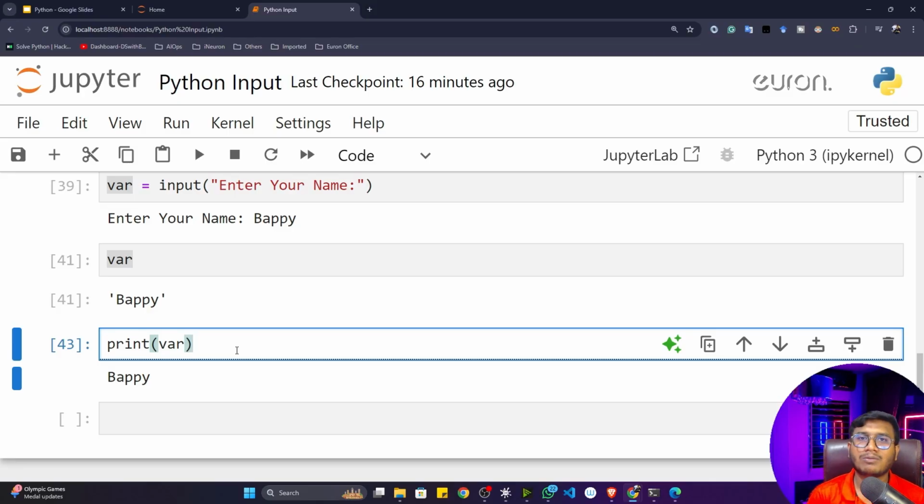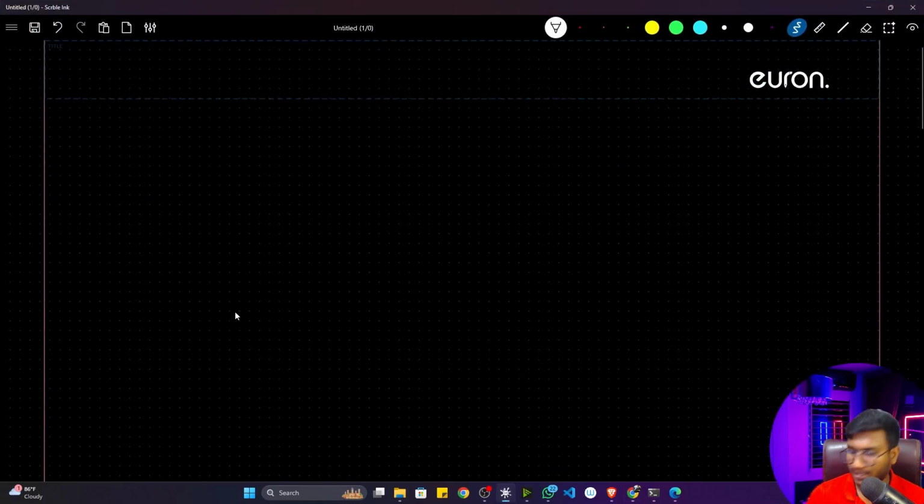Now let me do one small project on top of this particular input concept. If you do this small exercise, your input concept would be more clear. So here we'll be creating one small calculator application. That particular calculator would be able to only do the addition operation. So let me just show you what are the steps we're going to perform in this particular application. See, here we'll be implementing one